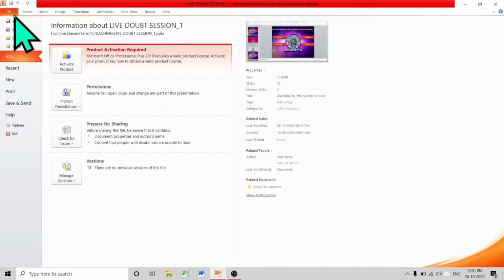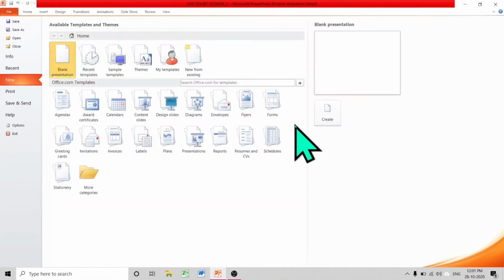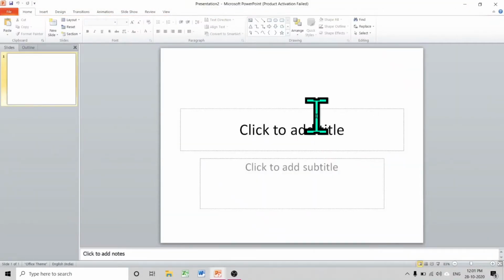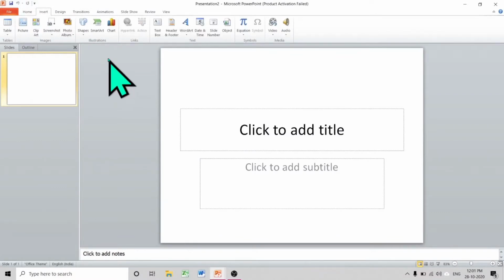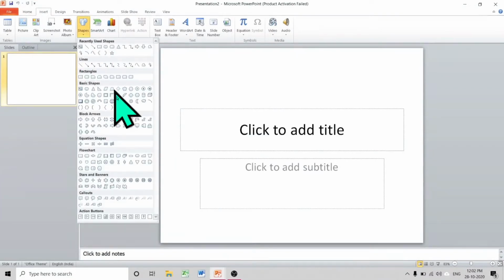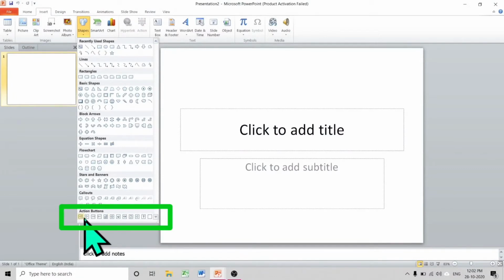So I hope it's clear now what action buttons are. Action buttons will perform some action when clicked. So I'll take a new presentation. Now action buttons are there in the Insert tab, in Shapes, and at the end there are action buttons.